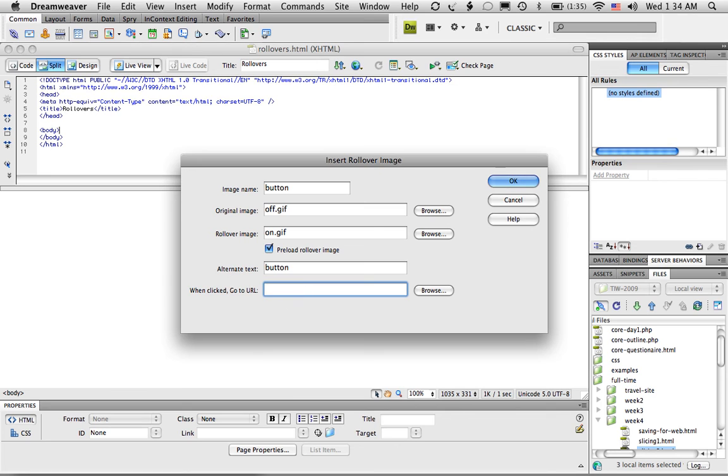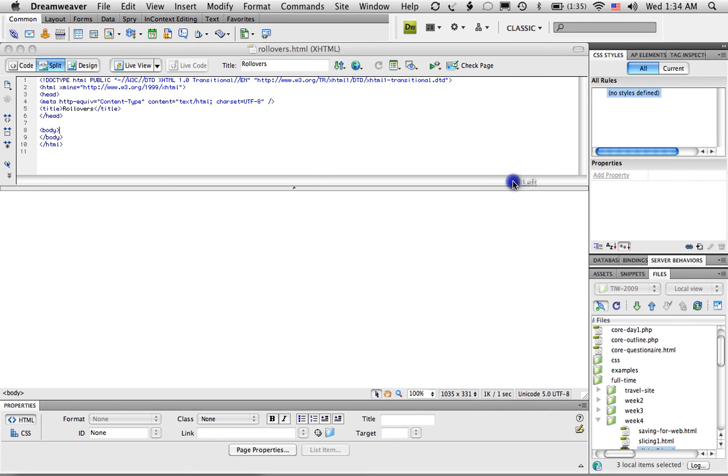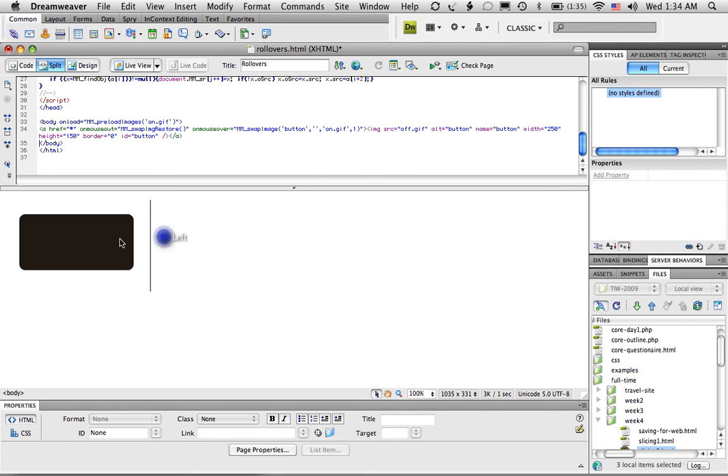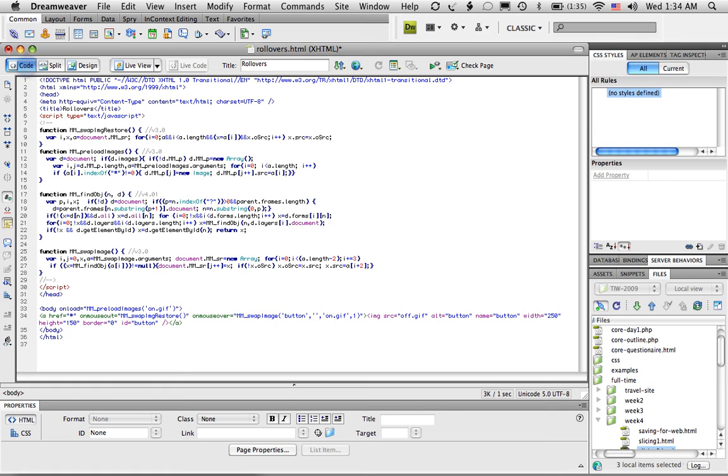And when click go to URL, that would be if you're clicking to a different file or a different website, you'd put the address there. I'm just going to leave it blank because I'm really concerned with just the rollover effect. I'll click OK, and you'll see I get the image on the page. And if I go to code view, you'll see that there's a bunch of JavaScript here,